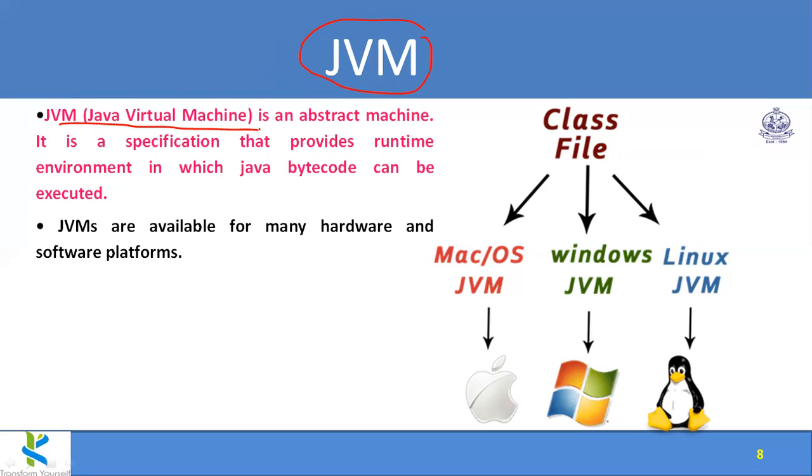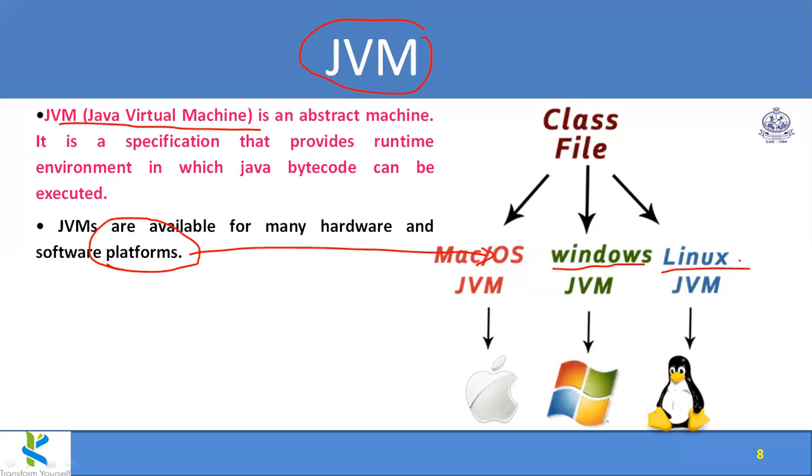Okay, machine. So here the Java Virtual Machine is a virtual OS. Okay, so as we say that Java is platform independent, platform here means OS. So irrespective of the platform, in Windows OS the same Java program runs without any modification. In Linux OS also the same Java program works without any modification.